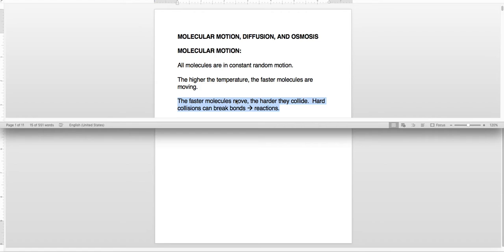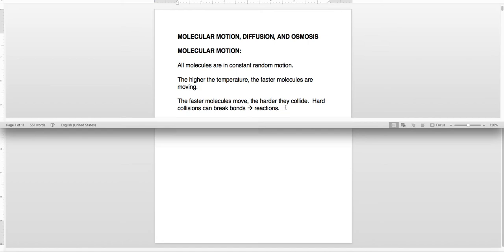in a 5-mile-an-hour collision. So that means that the hotter it is, the faster molecules are moving. The faster they move, the harder they hit each other. And the harder they hit each other, the more chance there is that their bonds will break and they'll do chemical reactions. So this is why, if you've ever had a chemistry class, you'll note that a lot of the reactions you have to do in that class, you do at higher temperatures. You tend to heat up solutions or boil them in order to make the reactions happen faster, because that extra heat provides more motion, faster motion to the molecules, and then they hit with more force and they're more likely